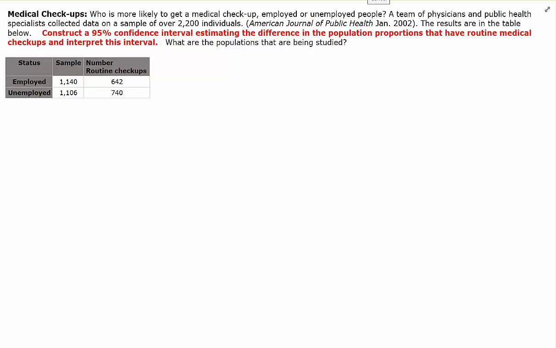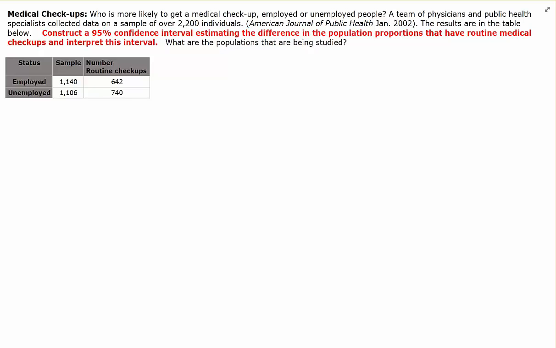Who is more likely to get a medical checkup, employed or unemployed people? A team of physicians and public health specialists collected data on a sample of over 2,200 individuals. The results are in the table below. Construct a 95% confidence interval estimating the difference in the population proportions that have routine medical checkups and interpret this